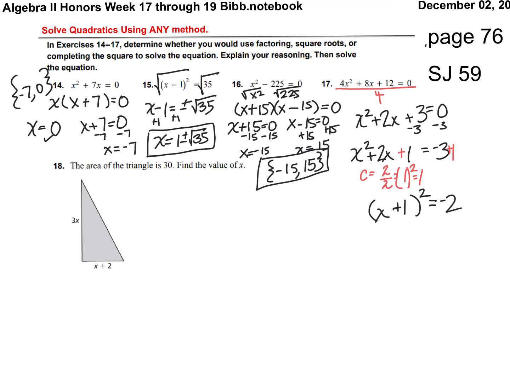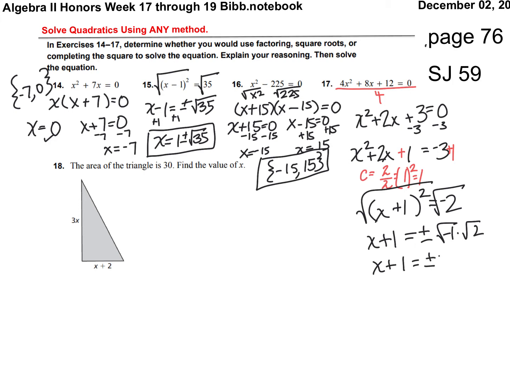at this point in the problem, I'm going to take the square root of both sides. And I know that the square root of a negative, and I know that you know as well, the square root of a negative gives me a complex number, or the imaginary unit i. So that means it will not factor. Okay, so I'm going to square root both sides. Square root of negative 1 times the square root of 2